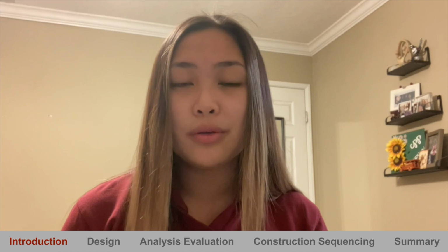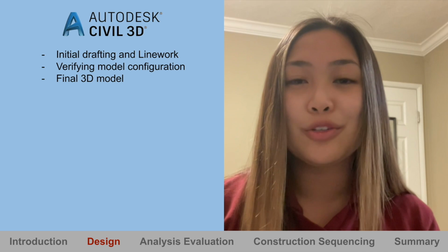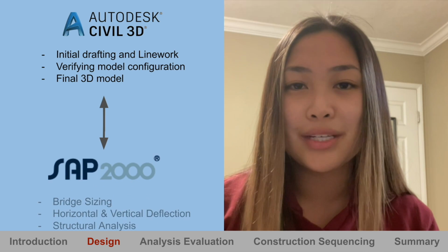A good design makes use of materials efficiently. It considers the ease of construction and fabrication and allows for the bridge to function properly under expected loads. Our design process begins with the use of modeling software such as Civil 3D, AutoCAD, and SAP 2000. Sections of the bridge are first drafted in Civil 3D and later structurally analyzed using SAP 2000 under various load